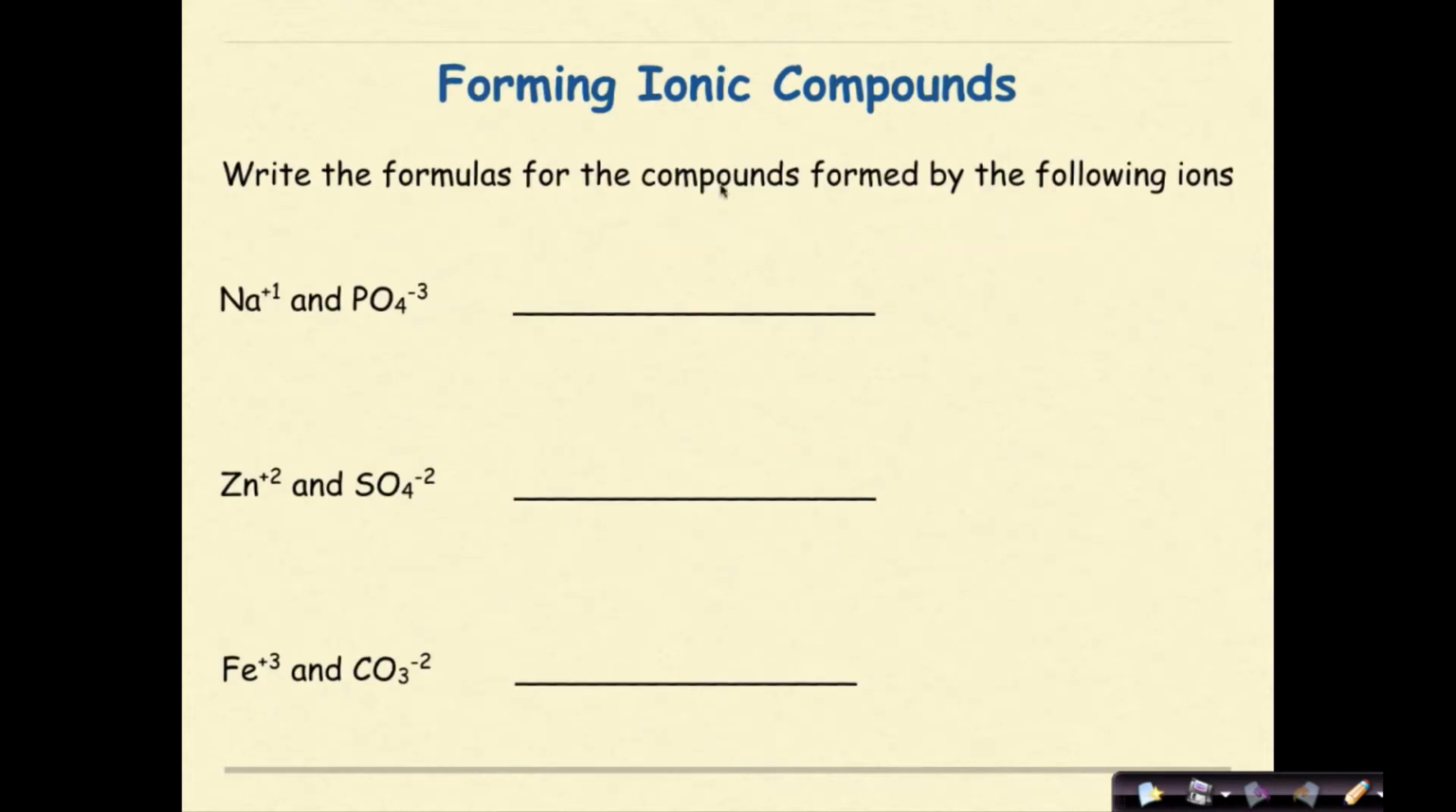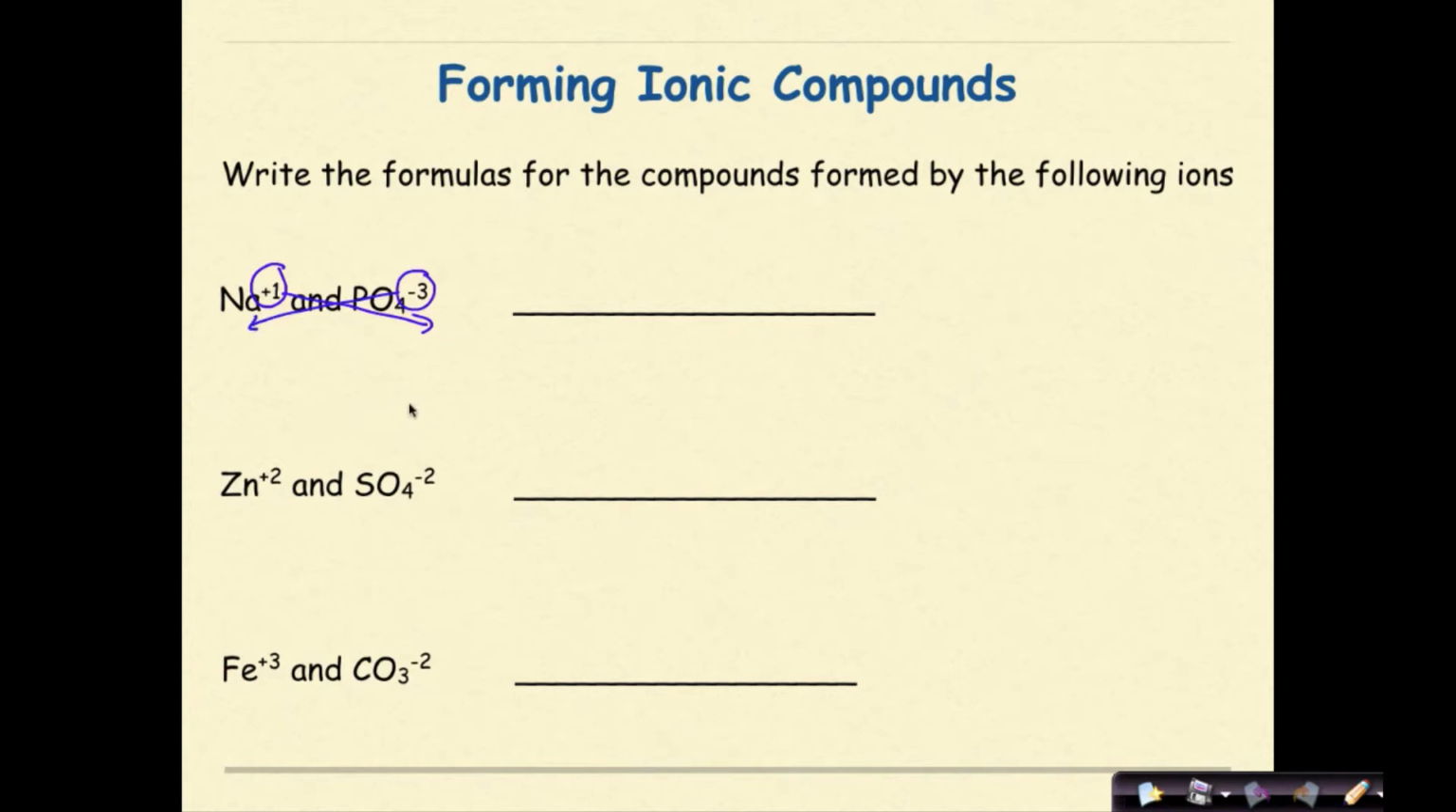Write the formulas for the compounds formed by the following ions. I'm going to do the first one, and then I'd like you to stop and attempt to do the next two, start the video again, and check your work. So I have Na+1, PO4 -3. So what I'm going to do here is basically a review of the crisscross rule. So the +1 is going to go down here, the -3 is going to go down here, but remember, when